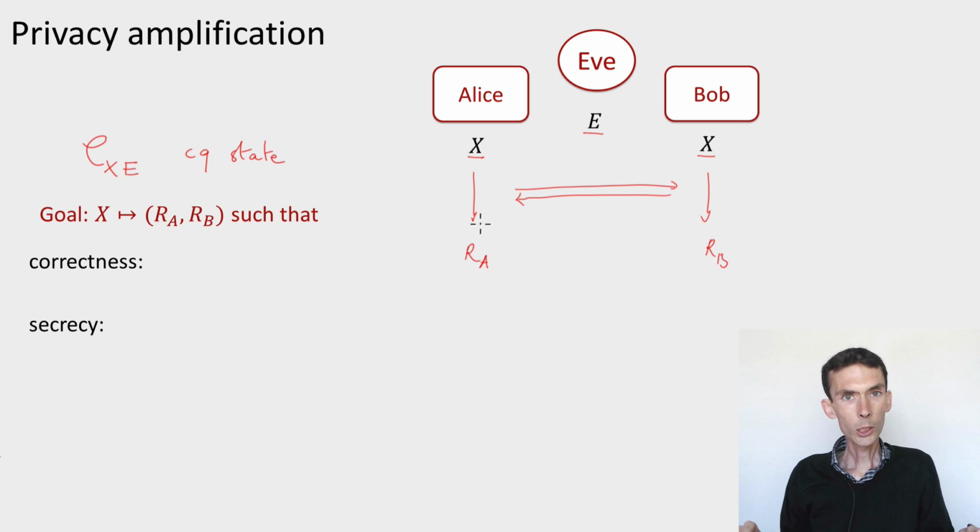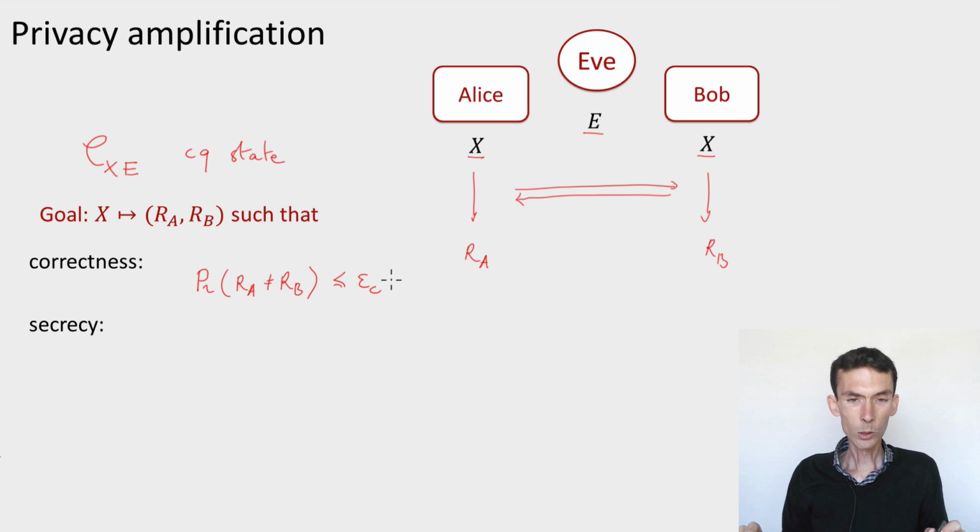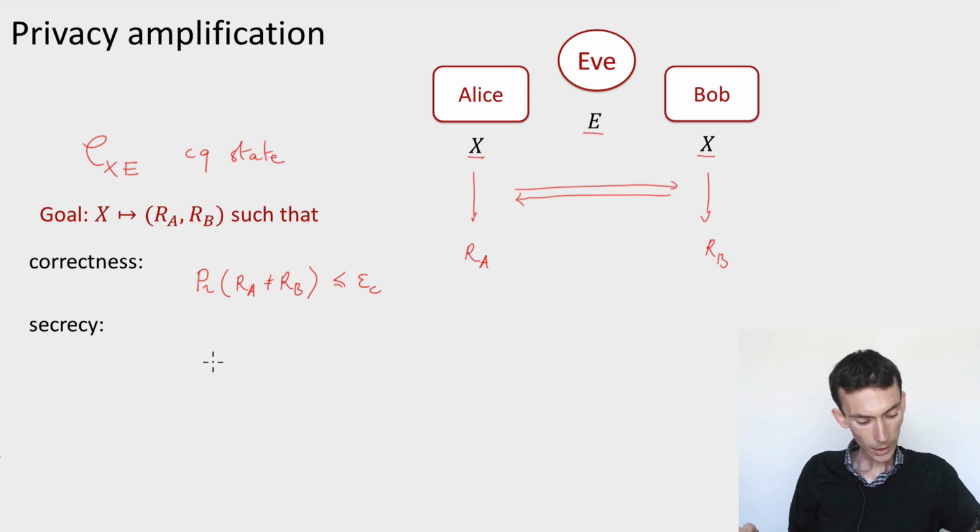First of all, we'd like the protocol to be correct, and here what correctness means is simply that Alice and Bob come up with the same string. So the probability that RA is different from RB should be less than epsilon c, where epsilon c will be the correctness parameter. And then we also want security or secrecy, and this should say that if I look at